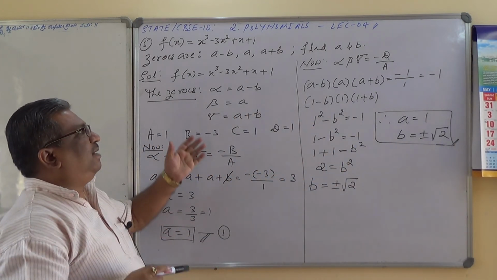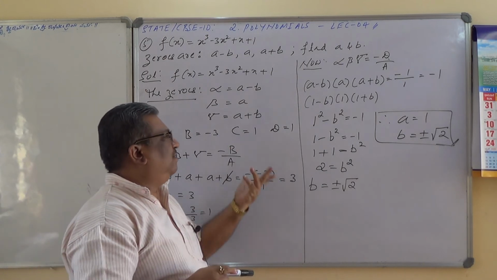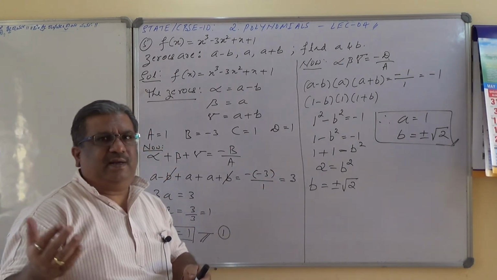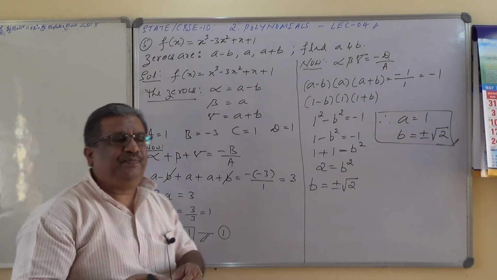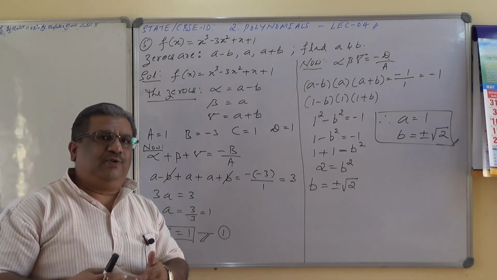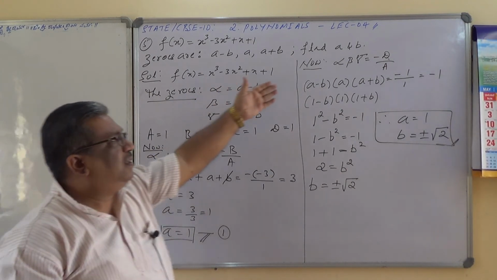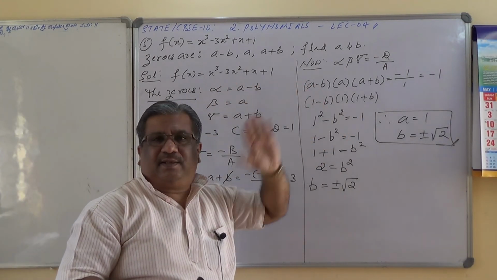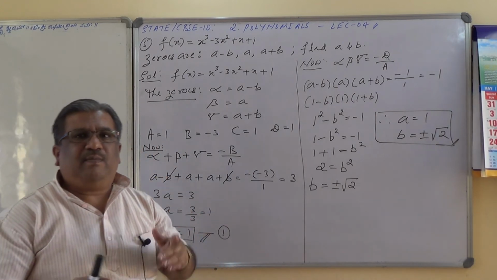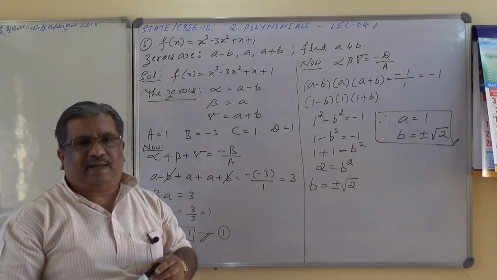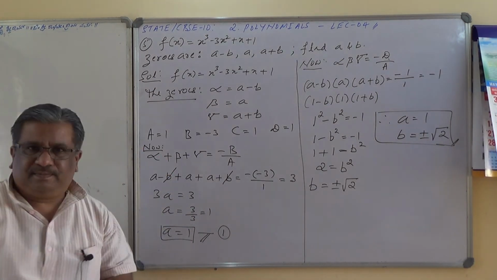If I take alpha beta, beta gamma, gamma alpha, it may be difficult, and therefore see, one more hint is, in most of the cases you should be able to get the solutions using the sum of zeros and the product of zeros, rather than taking the sum of product of two zeros taken together at a time. Okay, fine, note it down.